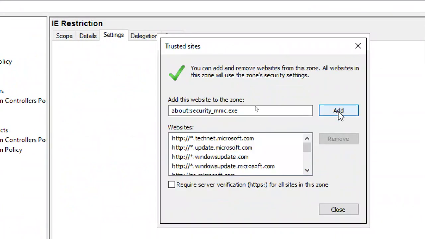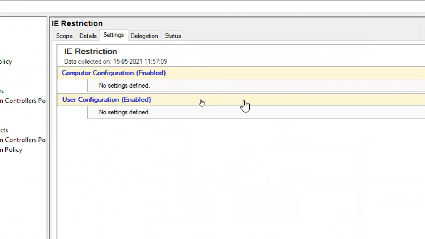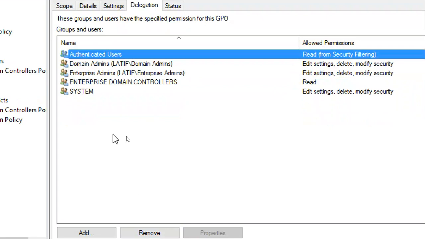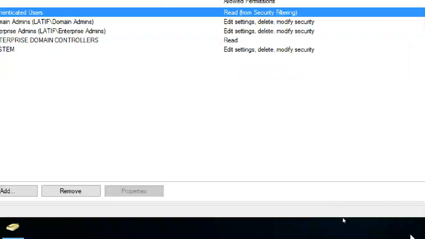Click on add, close. Now it shows configuration not defined, no settings defined. Delegation again is about which users or groups will be affected by the policy. We can also deny a policy to a particular group or user.